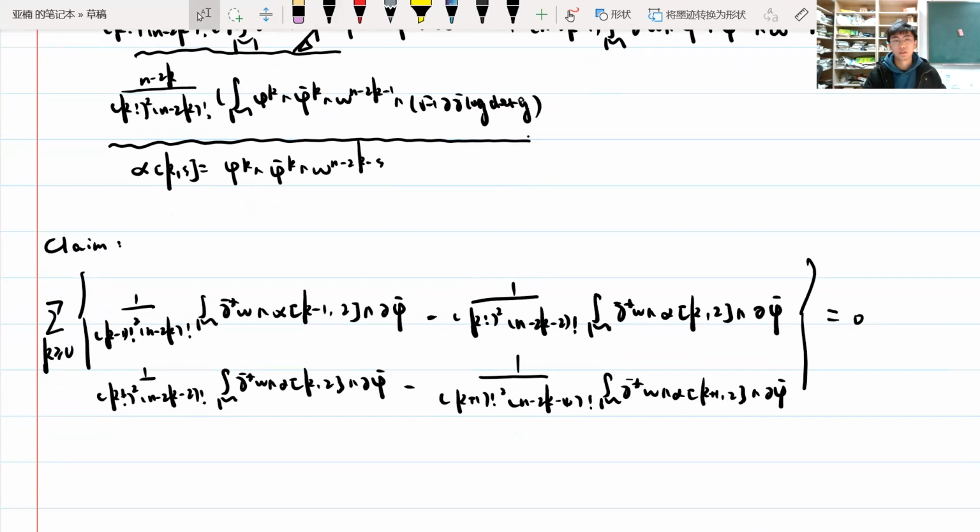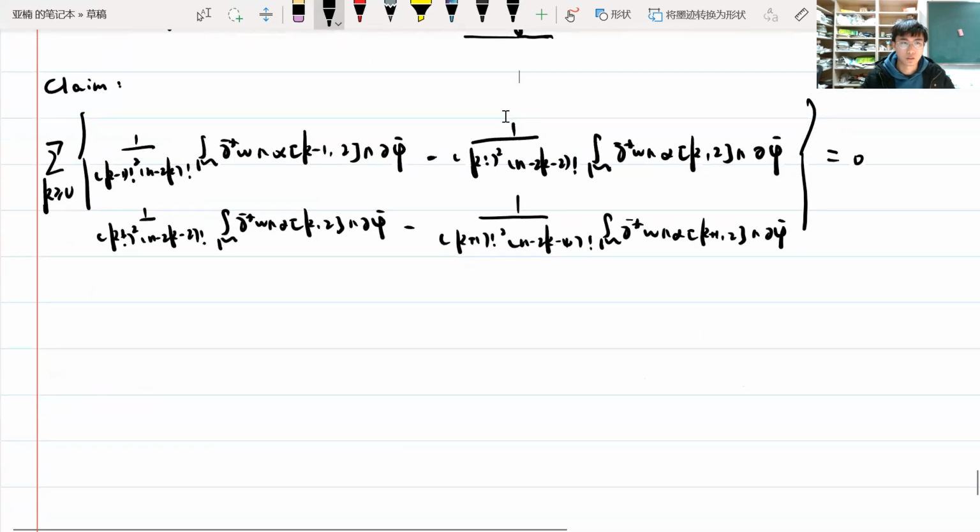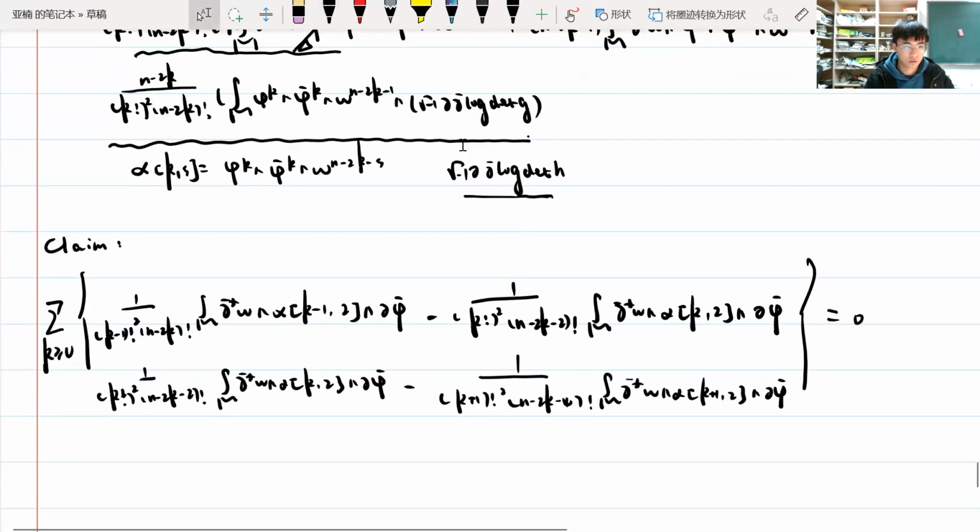We need to change it to a fixed background metric, and to do that, we need it wedge or very close metric. Just as in the case of surface, there is a very close metric, and we have the lemma that